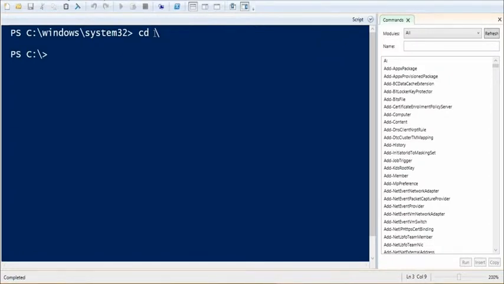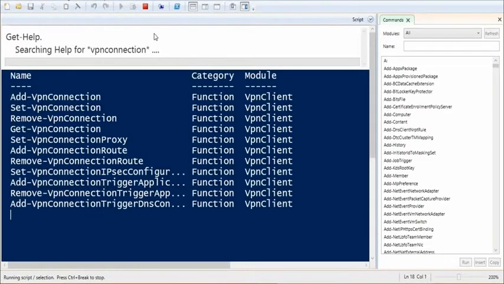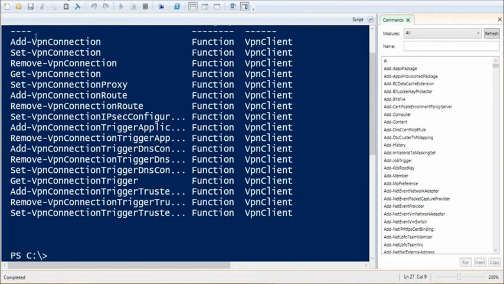So in order to do that, we need to look at the available PowerShell commands. So if we look at PowerShell commandlets for VPN connections. We can create them via PowerShell. We can get them. We can modify them. In this case, we want to set the VPN connection